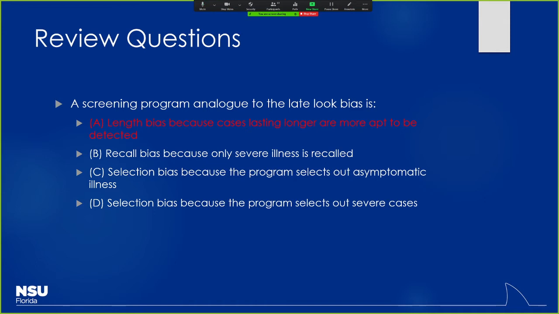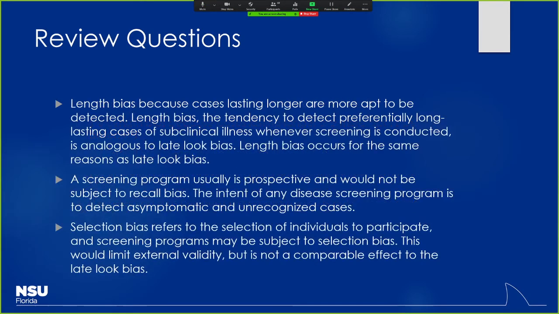Or any kind of survey about long-standing things, like, well, when did your atherosclerosis start? Well, you can't really know that, right? So that can be an issue of detection bias as well. Okay. And again, just remember screening programs are typically prospective, especially with active surveillance, versus a cross-sectional study or something where you're trying to figure out past information, basically.